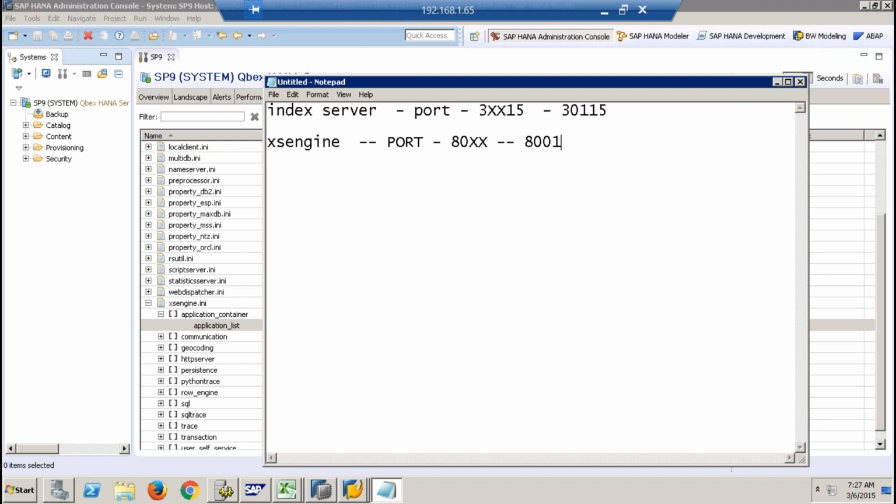Clear on this? If you want to make sure whether my index server is up, since I'm not able to connect to the HANA system, then it means the index server is up and running. But if you want to check whether the Access Engine is up and running, I can check on the browser. If I just go onto the browser,